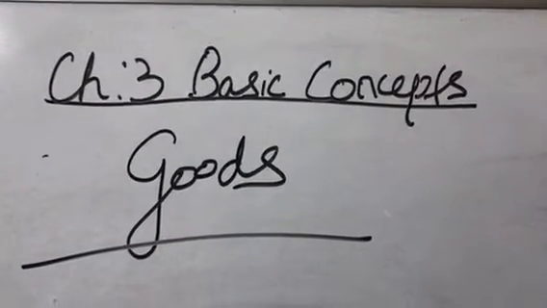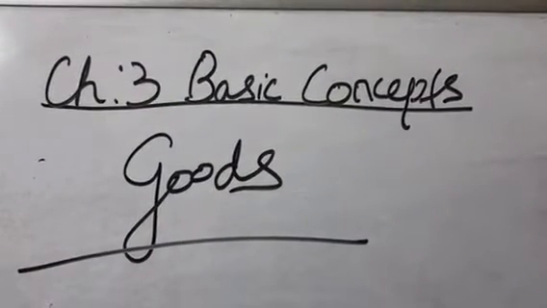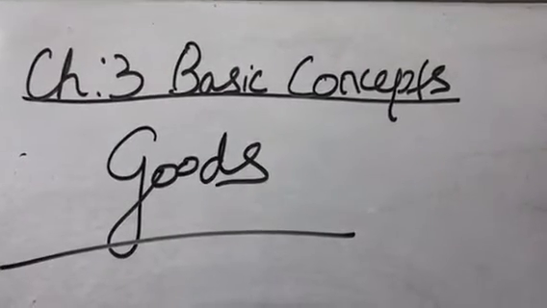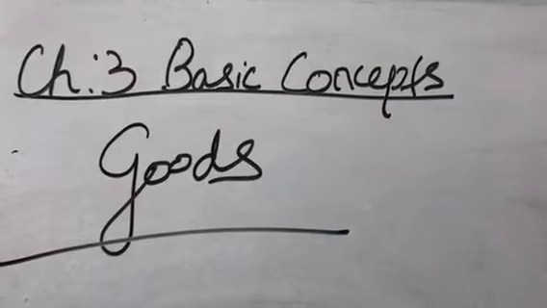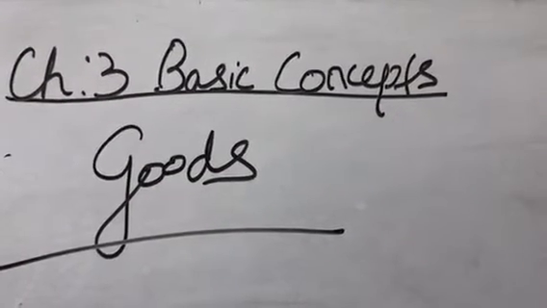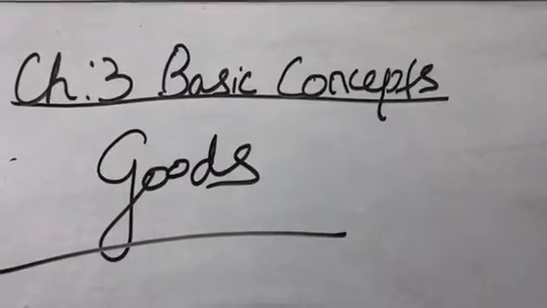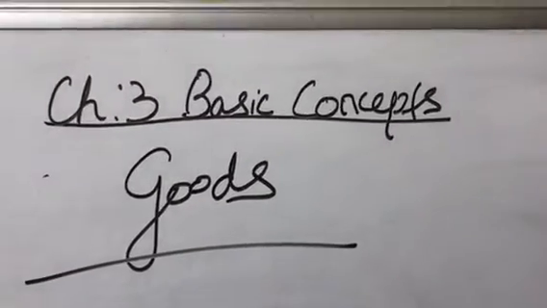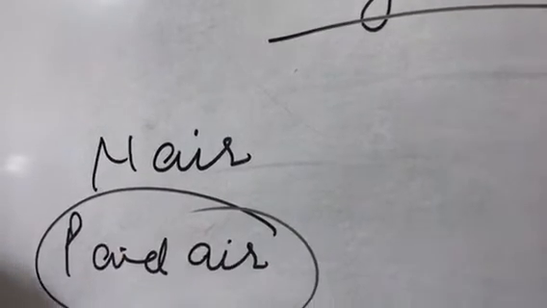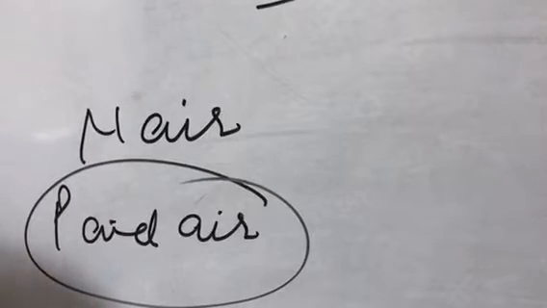As per your knowledge, I told you that in economics, we study only those things which are rewarded. We have to earn everything. There is an economic transaction, right? So of the 2 types of air I have just discussed, one was natural air and the other one was paid air. Paid air means you have to pay an electricity bill for the air which you get from your cooler or from your fan.